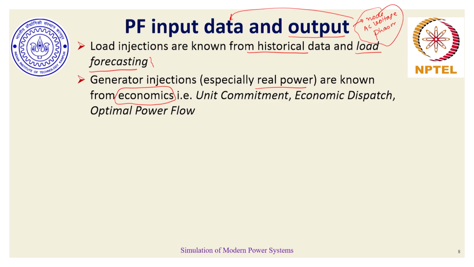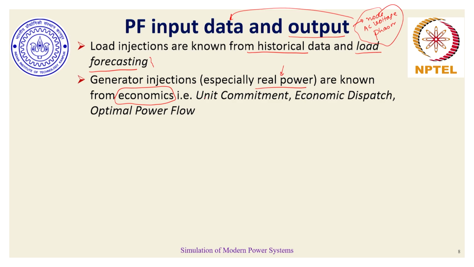We have thermal units, hydro units, renewable resources generations, whose generation pattern is different, their response times are different, the rate of change of power which can be drawn or consumed either way in reactive power sense, they are going to be different. So there are dedicated optimization exercises which help decide how do we coordinate these different forms of generators, and whatever suitable economical power that we get, we assume that to be our real power basis to be used in power flow analysis.